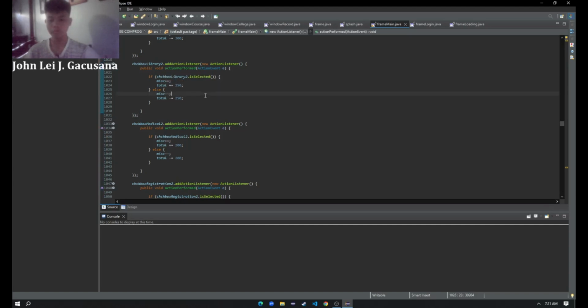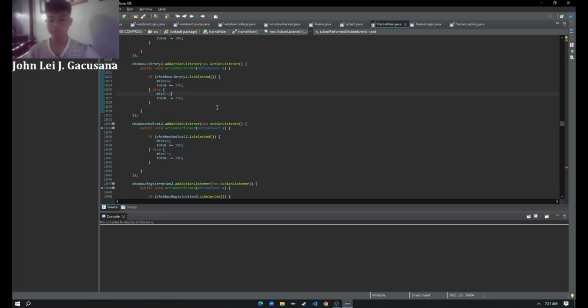So when the library is selected, the units increase by 1 and the total increases by 250. Else, if the library is deselected, the units decrease by 1 and the total decreases by 250.